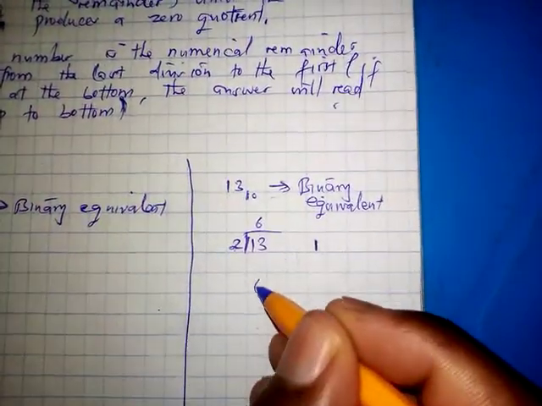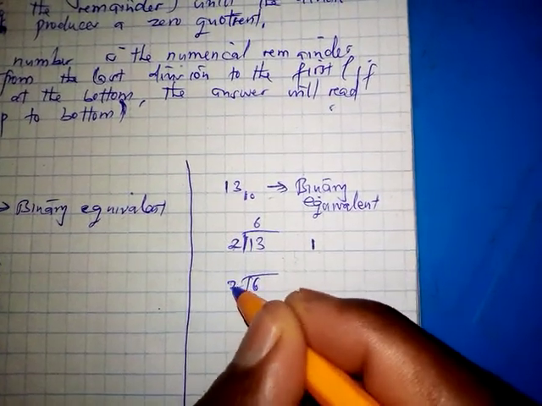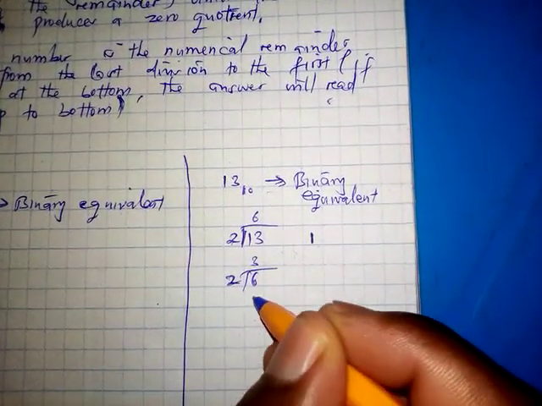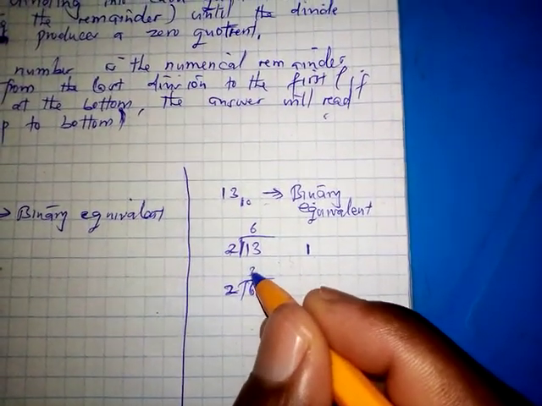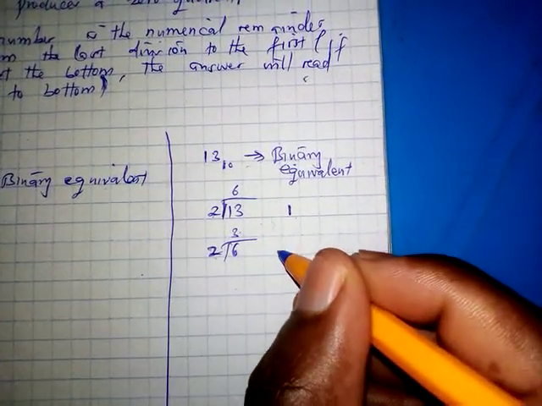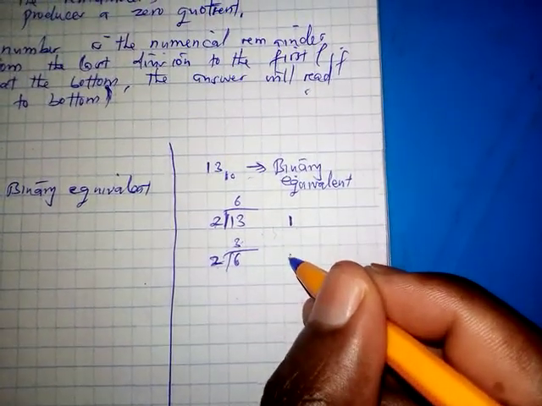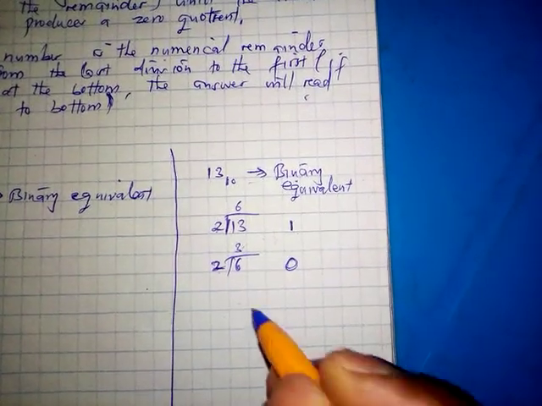We continue. 6 divided by 2 is 3. 3 times 2 is 6. We remain with 0. Then 3